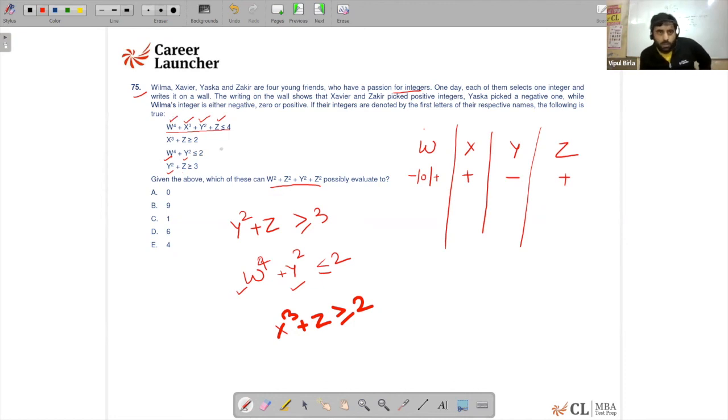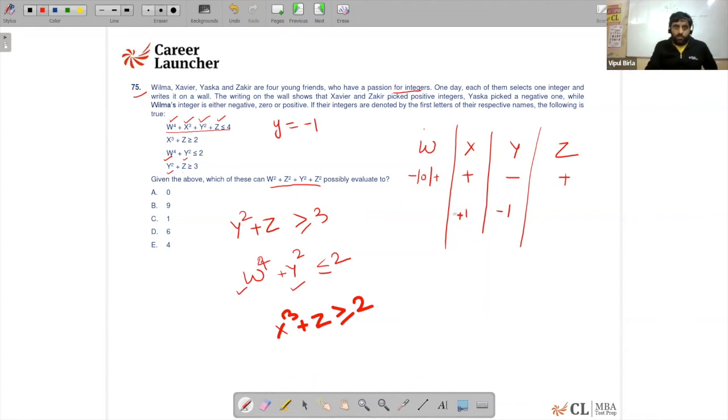Okay. Right. So therefore, I got to know from this that y, which is a negative integer, cannot be 2 or more than 2. Right. So I get to know y has to be less than 2, because had y been 2 or minus 2, square of that will be 4, and summation would always be more than 4. So therefore, y will be nothing but minus 1. With the same logic, x cube, x is a positive number, so x has to be 1. X has to be 1.